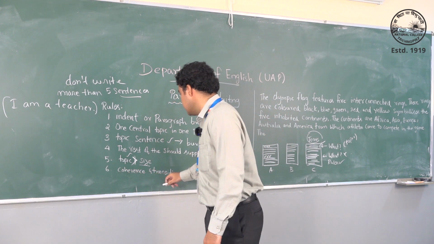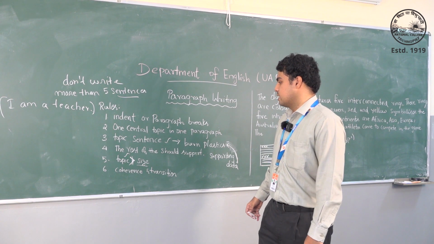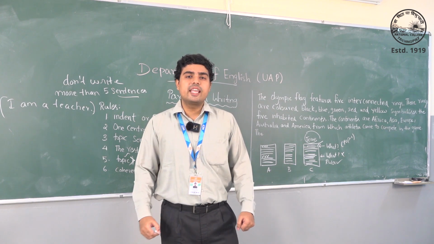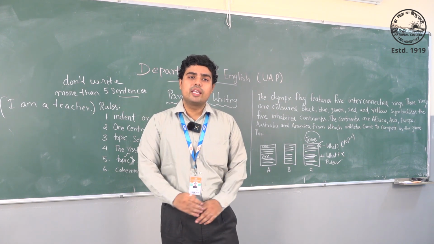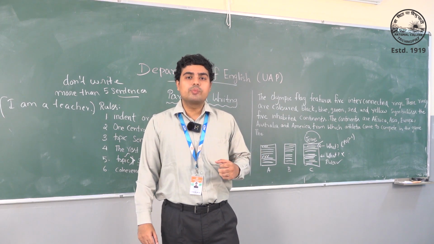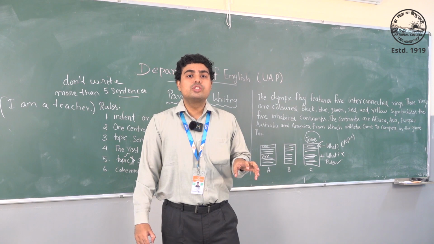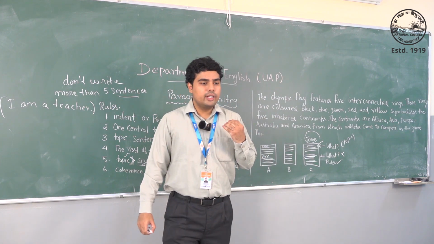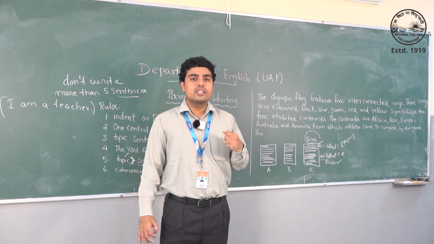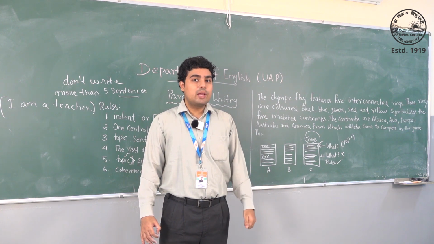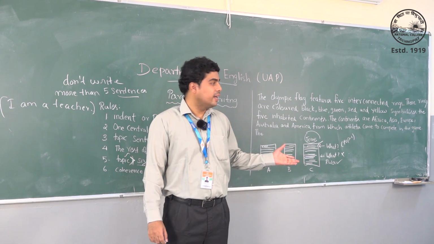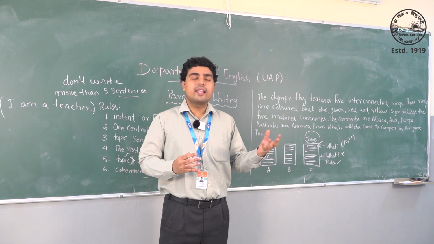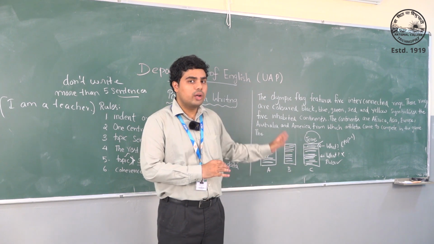And this is coherence and transition. Coherence and transition means that under no circumstances should the reader of your paragraph reread the same line again. This is the goal. It doesn't matter even if you are talking about statistics or something with a lot of data, the readers shouldn't reread it at all. So, how should they read? It should flow like a narration. See, when you are reading a story, no one rereads the same line again. That should be the goal of writing a paragraph. You might wonder, how is it possible to write a scientific essay the same as a story? That is what we are going to take a look at here.